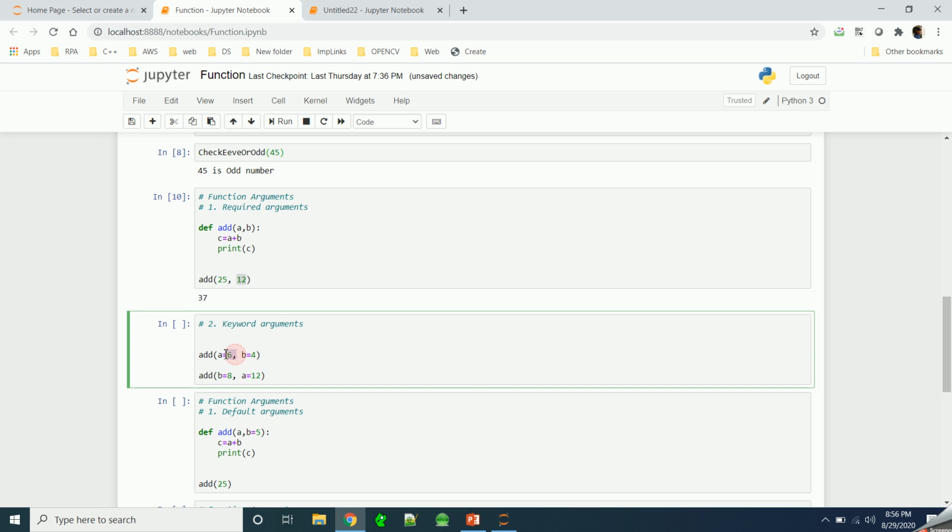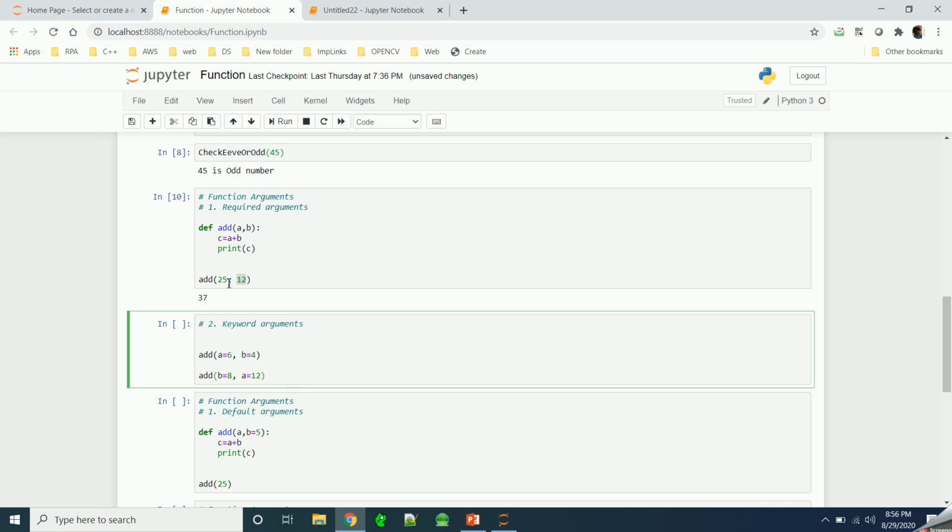Here I am saying a equal to 6 and b equal to 4, but I am passing the value of b first and then a. By using the keyword argument concept you can change the order of arguments. Here we say first b equal to 8 and then a equal to 12.